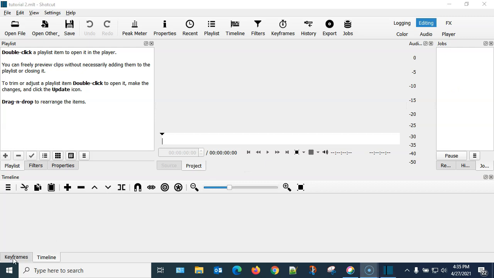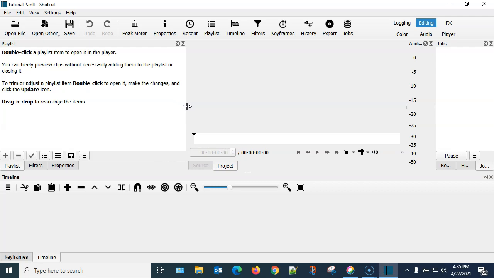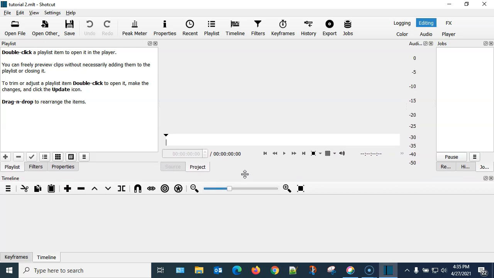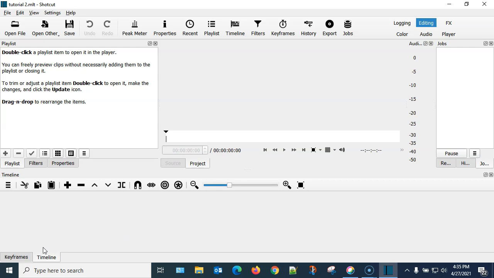One other note about Shotcut, if you install it and you notice that the actual interface is not fitting your screen and you're not able to readjust it, like for example, I can click in between these two panes and I can make the playlist window bigger with a little preview monitor smaller. I can do the same thing between the timeline. I can make this bigger or smaller. If you can't do that and you notice that, say, this little timeline or keyframes in the corner is being cut off on the edge, one of the possibilities is you may have magnification turned on under your system